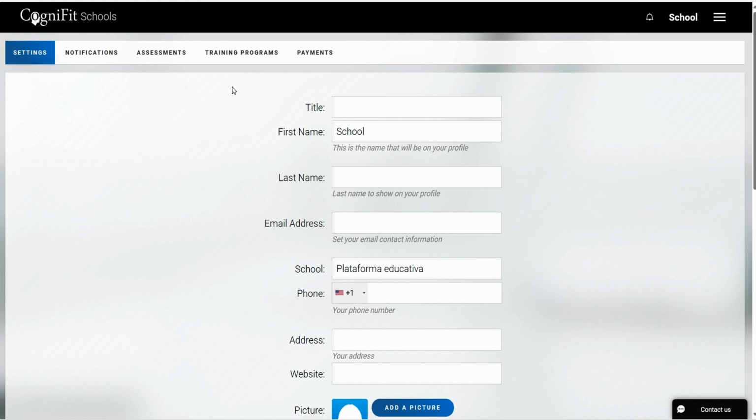Now, it should be noted that CogniFit doesn't participate in the monetization of the use of the licenses. So if the school should charge for the use of any of these activities, well, that is completely independent of the platform. Now, if you have any additional queries, feel free to contact us at